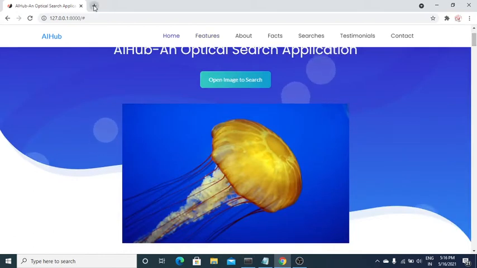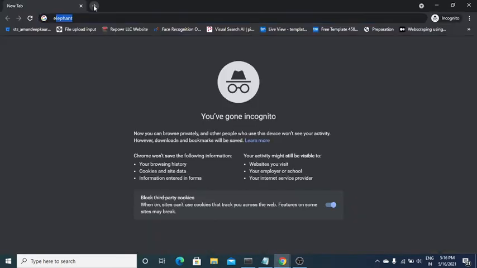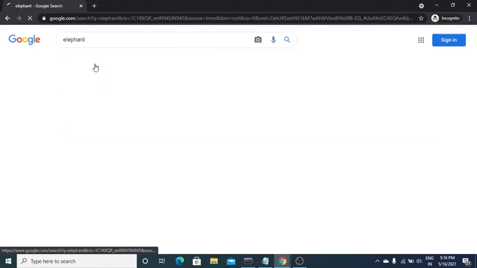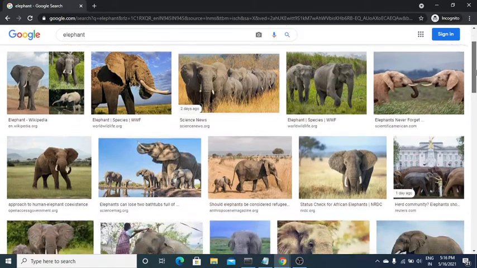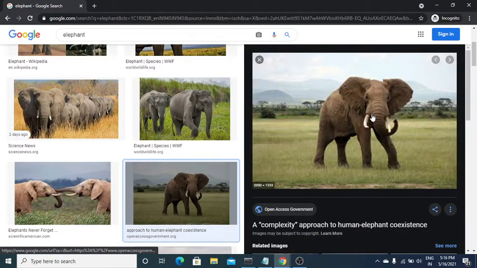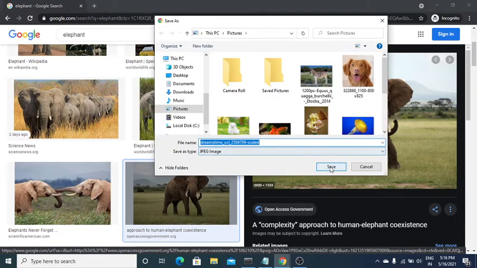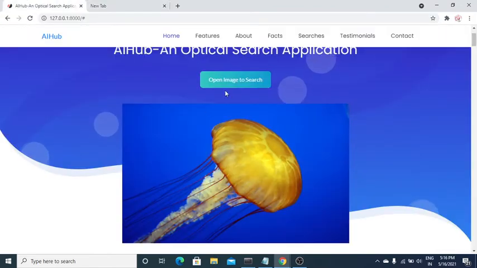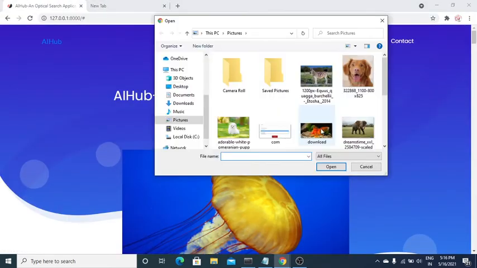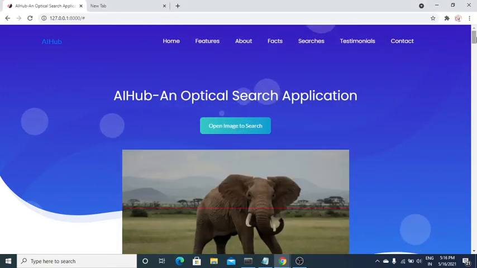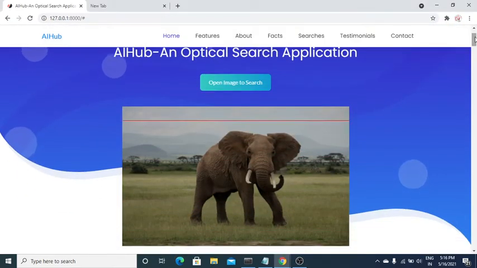Now I'll upload another image, an elephant, and let's check whether it would predict it right or wrong. I'll download this particular image, save image as, and here again this one, and again the scanner is started scanning, and on the back end an AJAX request is sent to the Django server.